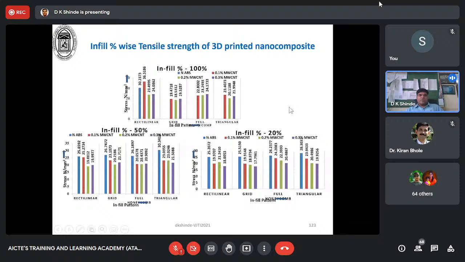this, what we have seen is the infill-wise tensile strength of this one is to see 100%. You can see over here rectilinear has shown the 1% is highest, that is the one of this. Then here also rectilinear with 0.1, 50% is also shown the highest property as compared to your natural ABS. Then remaining all have shown the dropping, but still there is some kind of